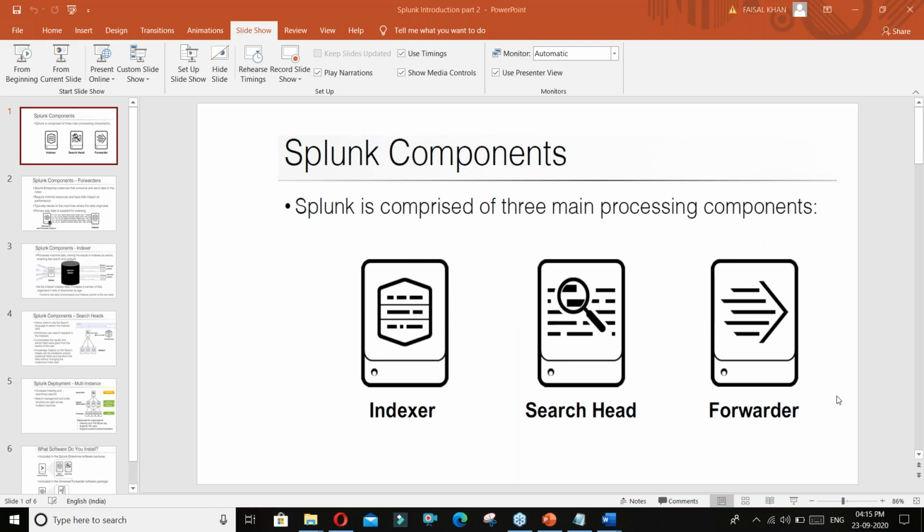Please drop your questions in the chat window so that I can answer them. Shahrukh, can you see the questions tab just below the polls? Just one second. Yeah, I can see that.